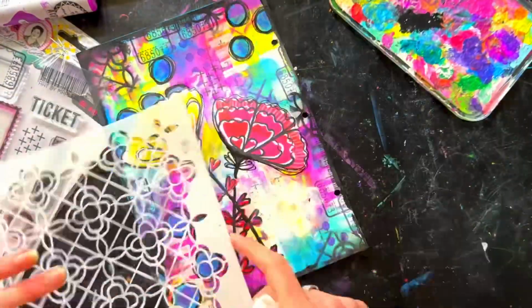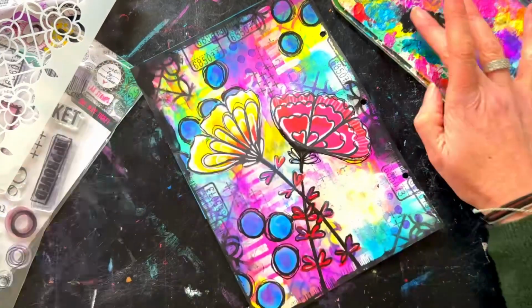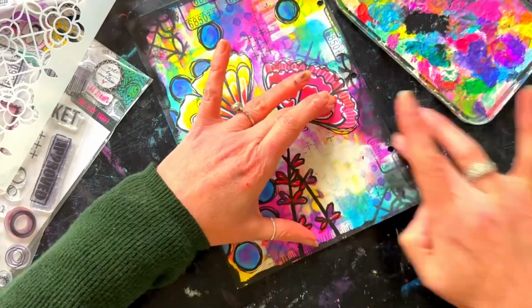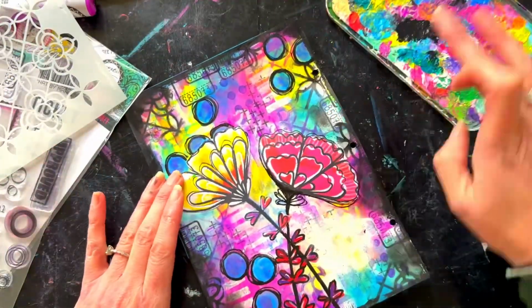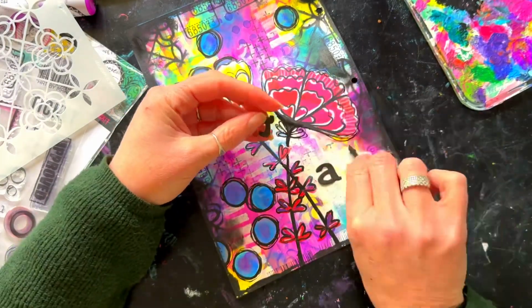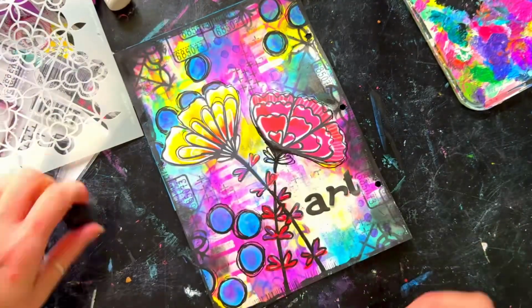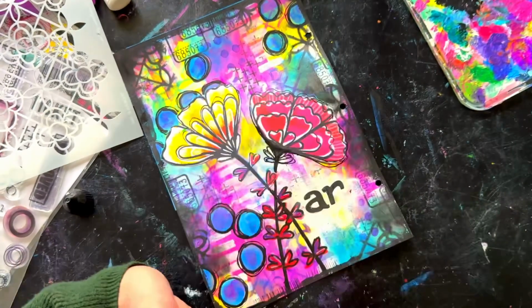Okay, so then I decided I wanted to add more black. So I think I was saying that I've got those strong black stems and parts of the flowers, but I still felt like it was quite busy. And so a great way to tone down really busy backgrounds is to come in with neutrals. And in this case, I came in with the black paint. So I ran my finger around the edge, and then I added a few little blobs here and there,